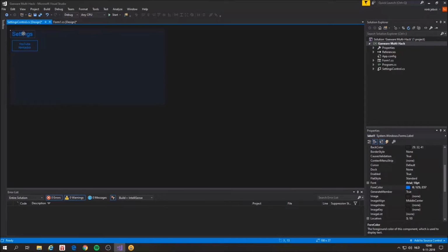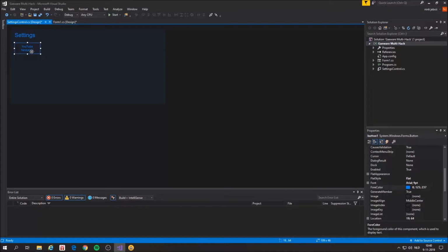So we've got our settings. We can give this a little bit nicer location. And of course, if you want to move your titles, you can use your arrow keys on your keyboard and just play with it a little bit. Just see what you like. Maybe you like it here. Maybe you want it a little bit down. I think I like this. Yes. So we've got settings, and we want to make